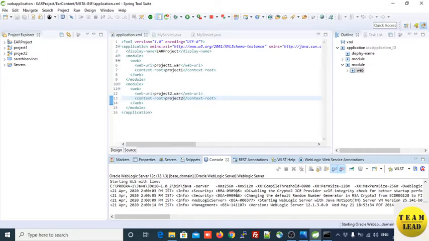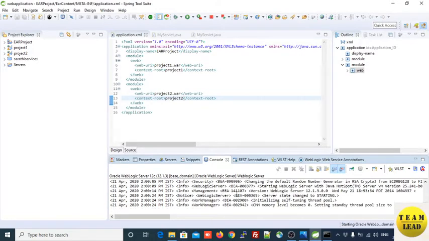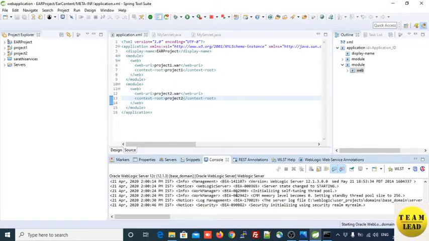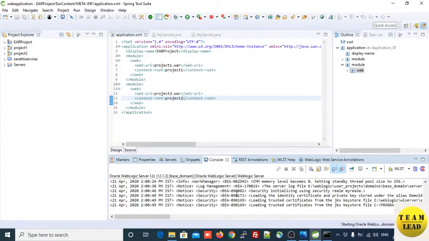It takes a little bit of time. It has to pass several initialization states. So every time the server state will be changed. So you need to wait until the server state changes to running state. Once it is in running state, you need to open the browser. Now the process is going on. 92% of the process has already been done.